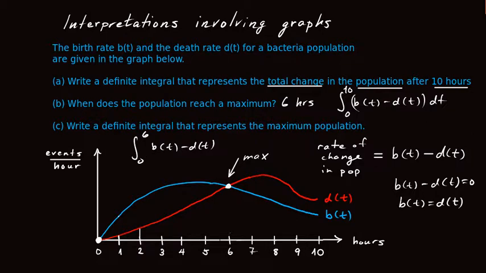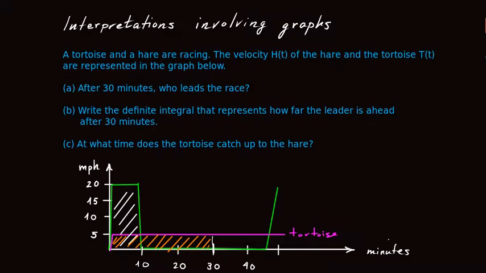And now let's move on to another example. In this example, we look at the classic competition between the tortoise and the hare. The velocity of the hare is given by the function h of t, and the velocity of the tortoise is given by the function t of t, and we've graphed these below. So here is h of t, velocity of the hare, and below here we have the graph of t of t. T of t is the straight line function